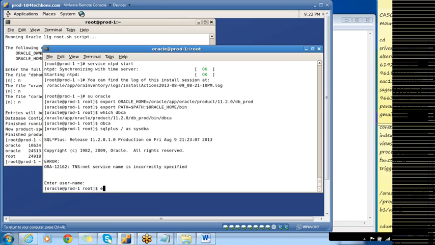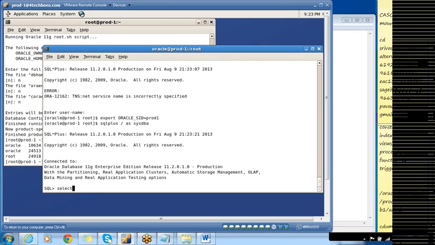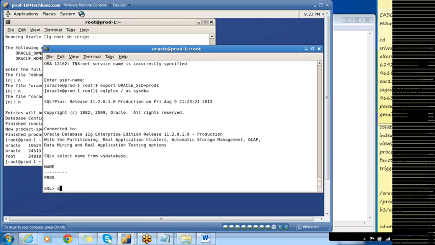Okay, just specify the Oracle SID, which will be prod1. To get the instance name from V$ instance in standalone, we use V$ instance.